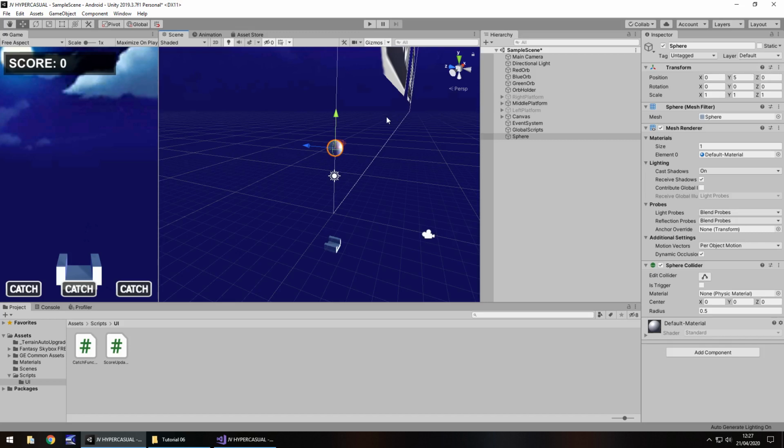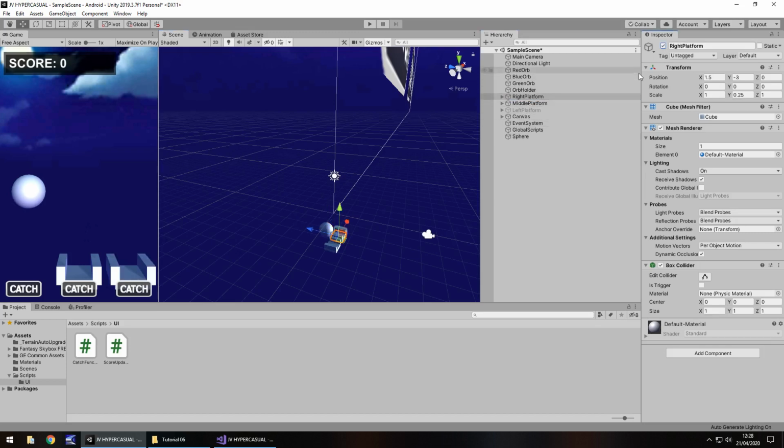Now, it's probably a good idea to write that down, which I am going to do right now. So 0, 5, 0. Y looks like it's always going to be 5, because I think that's a good height, because we can't see it on screen, it will generate. Next, let's bring it down, and let's bring it across. That looks like it should fit perfectly in the left platform. Let's turn all platforms on so we can see.